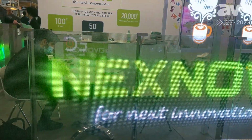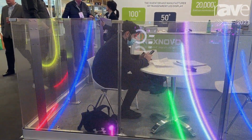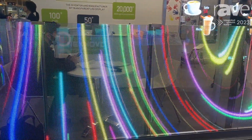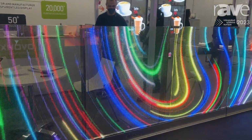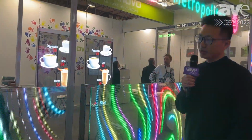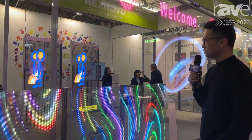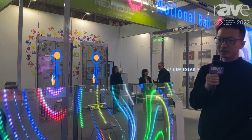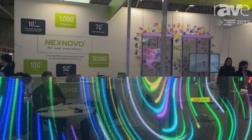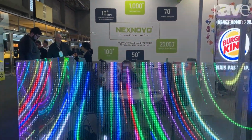And here you see one of the series from the B series, which designs all kinds of barriers, and it comes with the whole solution. So not just the glass LED, but also including the rail structure behind it. So it can be used for indoor and outdoor use. You can do straight, you can do corners, you can do a curve, a round as well. And it can be used for all kinds of applications that need a glass barrier, like for shopping malls and for